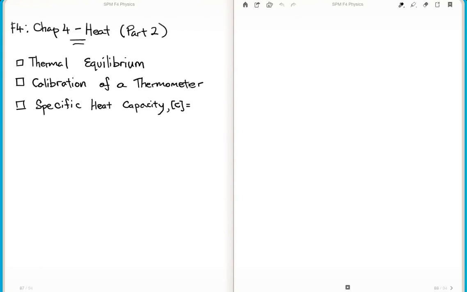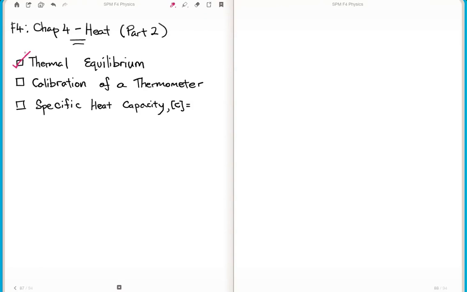In our previous video of Form 4 Chapter 4 Physics for Heat, which is our first part, I've shown you thermal equilibrium. So if you're unaware of it, and you haven't watched my part 1, then you should go back to my previous video from my blog or from my YouTube channel and look for the title of thermal equilibrium from Physics Form 4 Chapter 4, where thermal equilibrium is actually called the